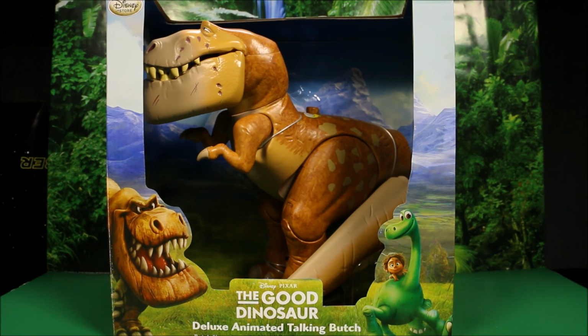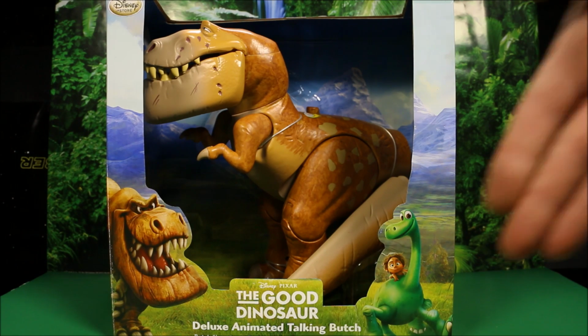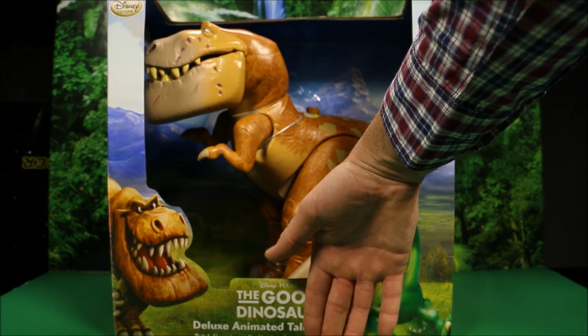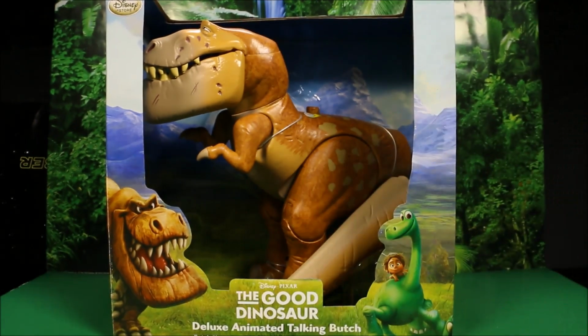Another awesome toy opening today. This is another one from The Good Dinosaur, the new Disney Pixar movie. And this is the Deluxe animated talking Butch. This guy is huge. I'm really excited to open him. And he is exclusive to the Disney store. Here is my hand. So this guy is many times the size of my hand. And he sounds awesome. Let's first go ahead and